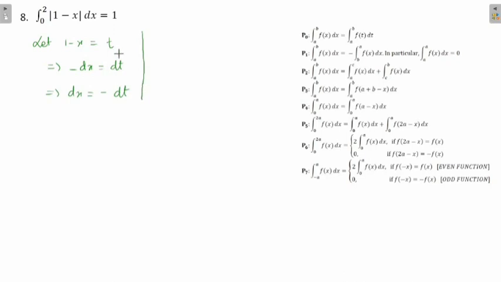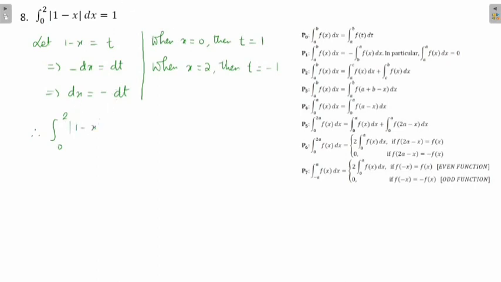Now as you are doing substitution, you need to change the limits as well. This is the value of x, remember. When x is 0, then what will be t? t will be 1 minus 0, which is 1. Now when the upper limit is 2, so when x is 2, it will be 1 minus 2, which is minus 1, isn't it? Therefore, this given integral from 0 to 2 of modulus of 1 minus x dx